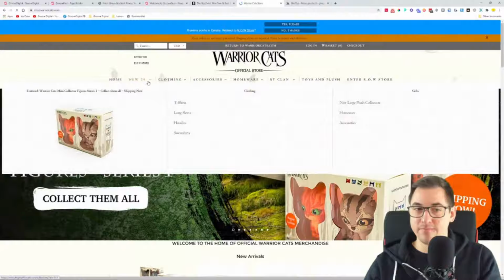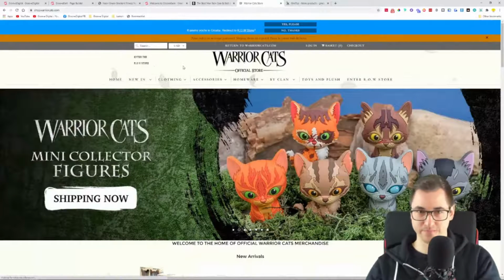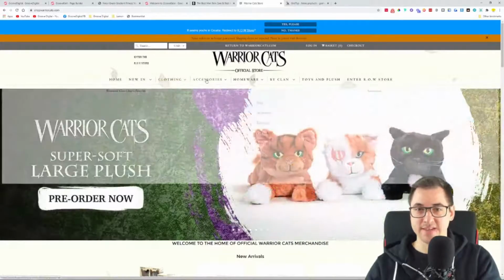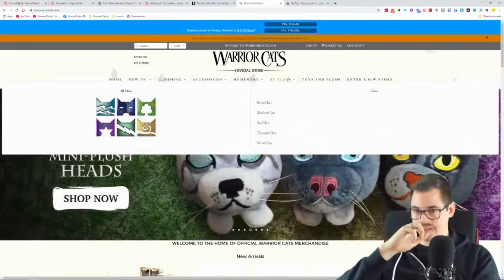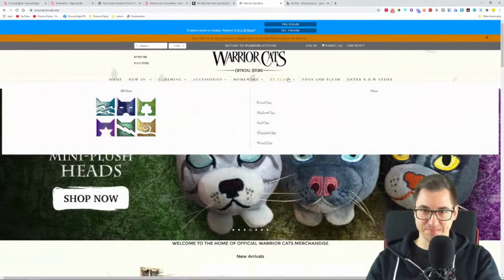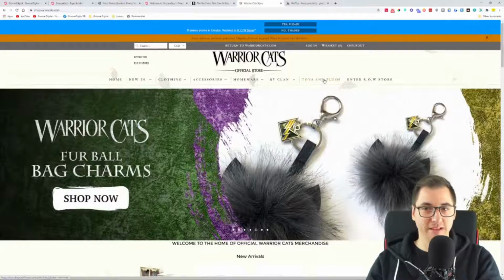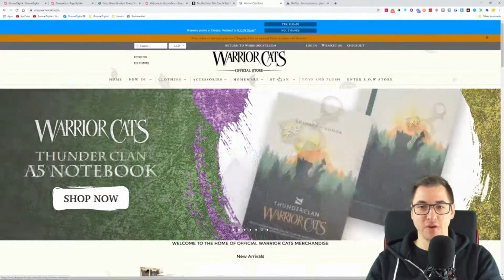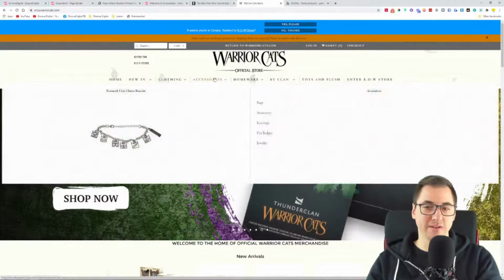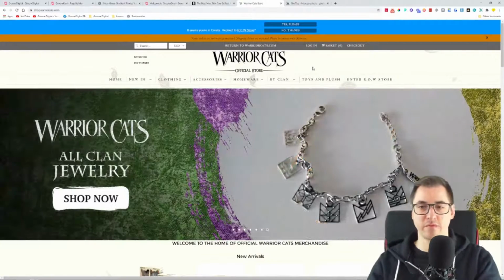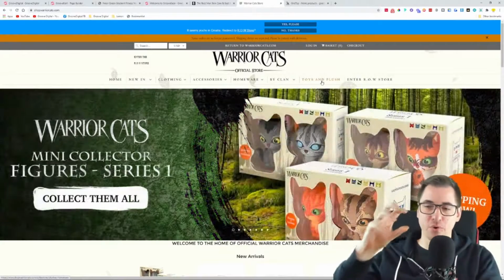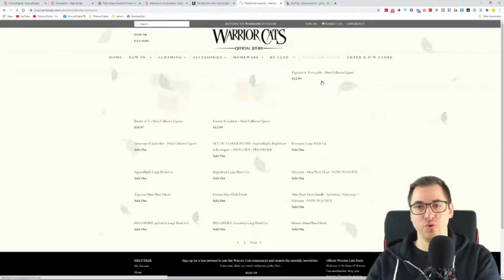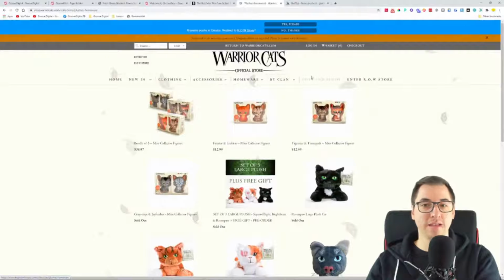Okay, new in, that's a main category, and then they have different subcategories for the new in. They have clothing, accessories, homeware, and they have further categorized it by clan. I don't know what these mean. They have toys and plush, as you can see here. Toys and plush can also be in the accessories, for some products, but they also put a product type out here as a main category,